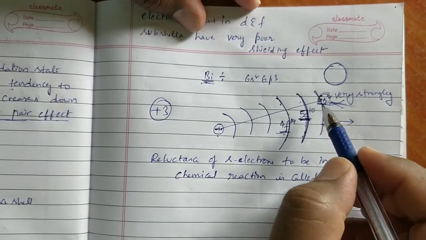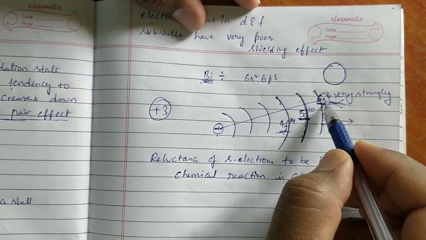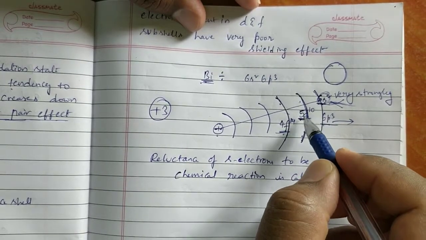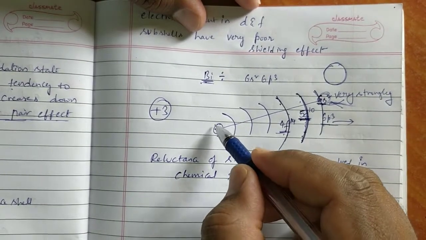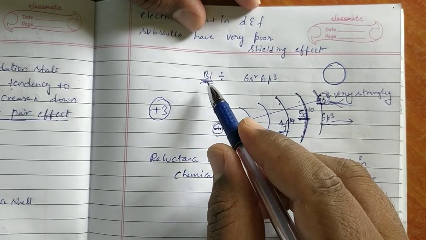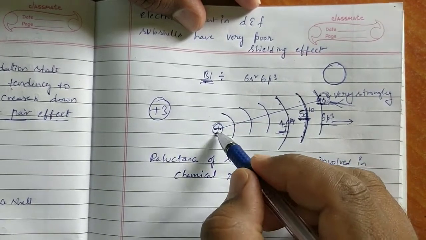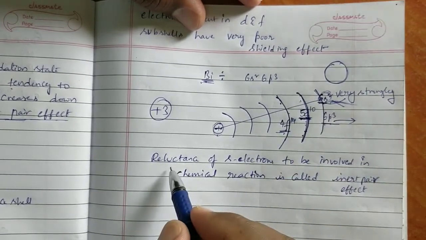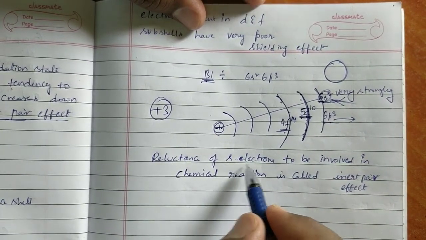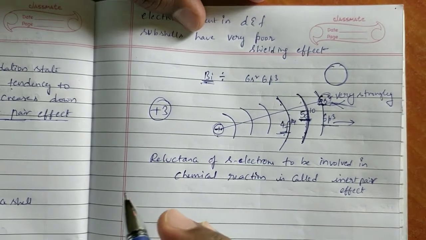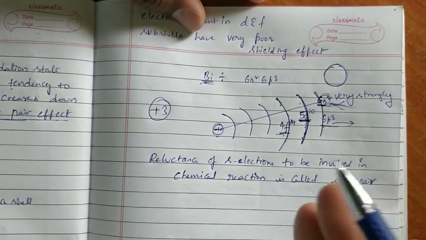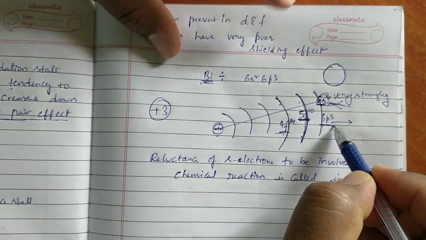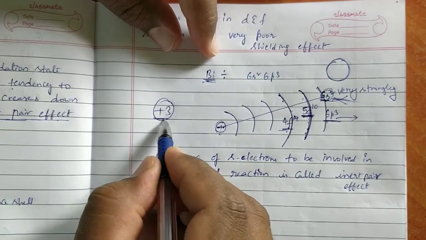because 6s electrons are very strongly attracted by the nucleus because of the poor shielding effect of 5d and 4f. This nucleus power is very high. The number of protons is very high in bismuth. So they will hold the 6s electrons strongly. Because of that, reluctance of 6s electrons, meaning s electrons are not going to be lost easily. Only p electrons are going to be lost easily in bismuth, meaning a lower oxidation state.